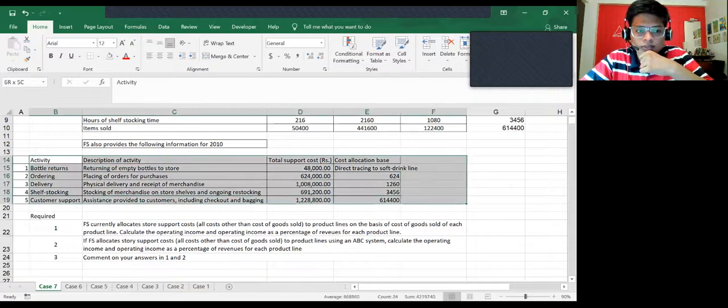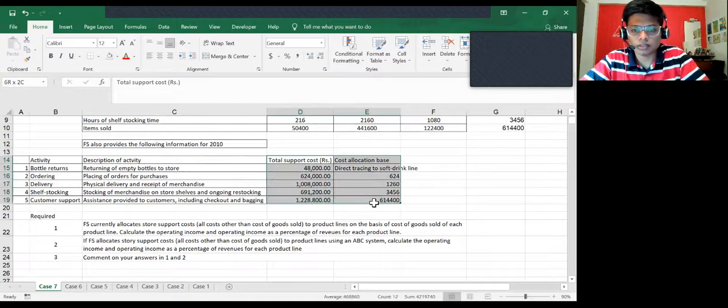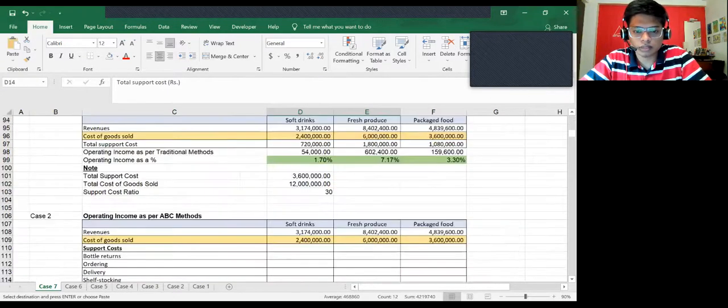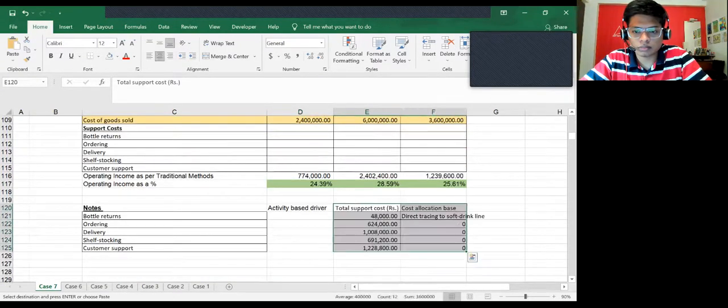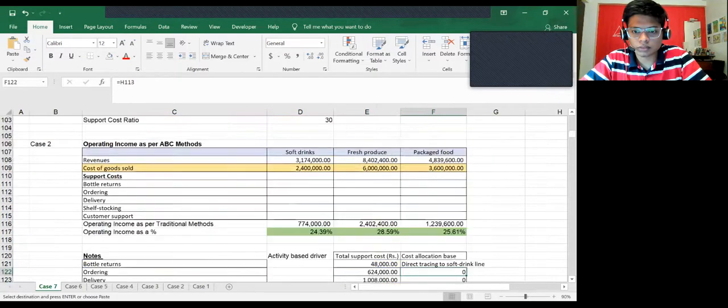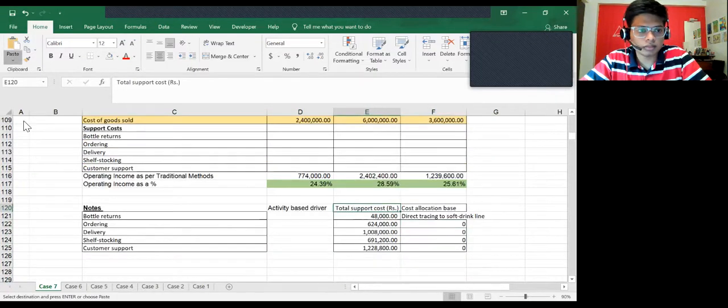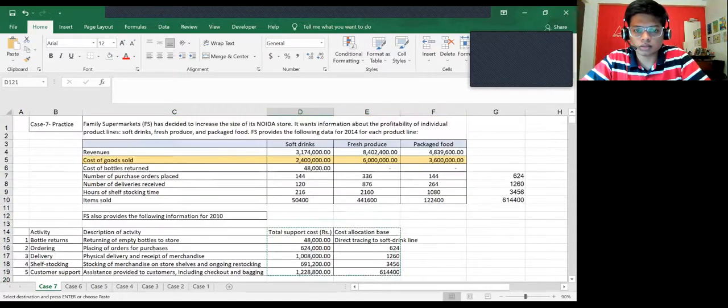So in the exam, what I would do is I'll just copy this one, which I've already copied, and paste it over here. Just paste values. Activity based driver is what over here. Bottle return was these things, right?